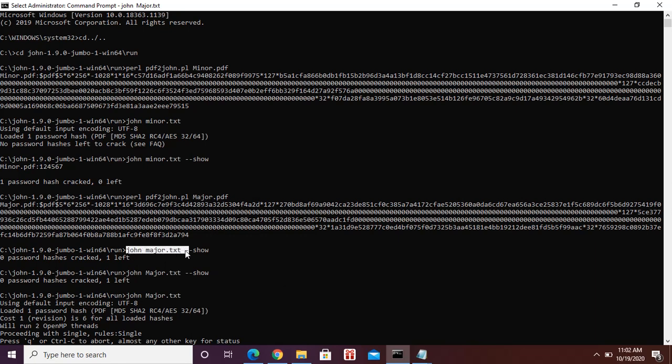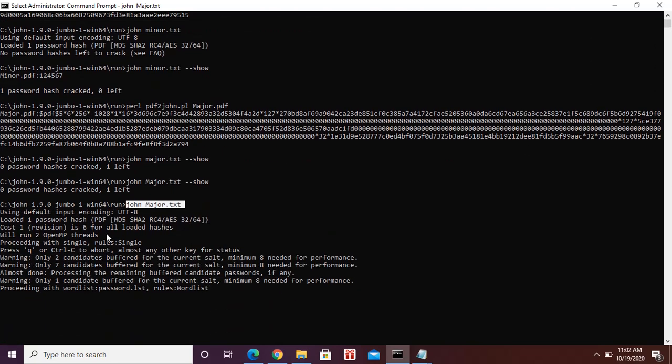You type john major.txt, before you show the password. After that, it shows you the process of scanning the password, but this takes a very long time. I think it is because the password is very strong, that's why this happens.